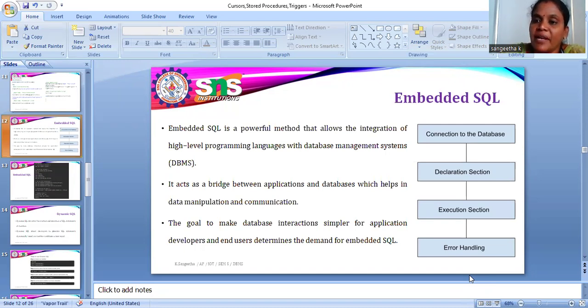Embedded SQL plays a vital role in every web application, because embedded SQL is a powerful method that allows the integration of high-level programming languages with database management systems. It acts as a bridge between the application and databases, which helps in data manipulation and also communication. The main goal is to make database interactions simpler for application developers and end users, which determines the demand